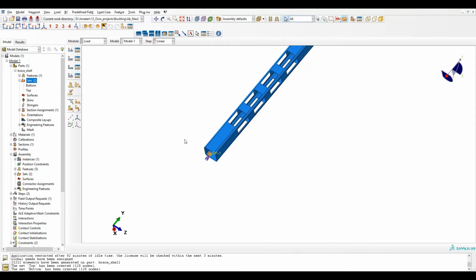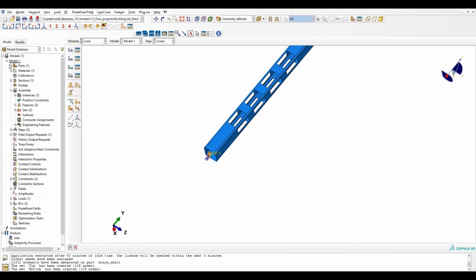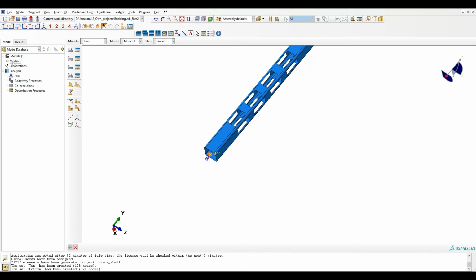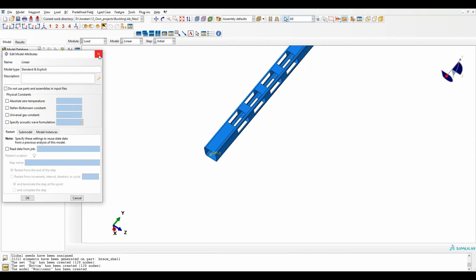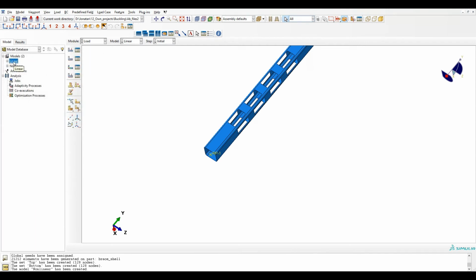Okay. So the model related to the linear buckling is almost finished. So at this point I will rename it, call it linear. I will copy it because the non-linear buckling will be very similar to this model. Okay. And now it's selected non-linear. Be careful, we need to go back to linear, double click, and I will right click on linear and edit